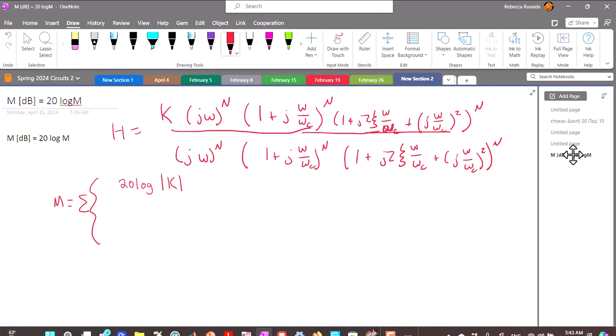It's for the constant term. And then for a zero at the origin, it would be 20 n log omega, and for a simple zero,